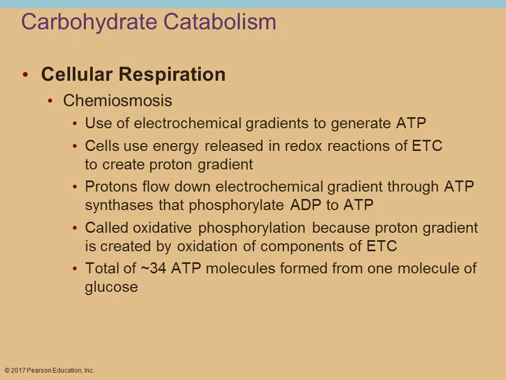So as I said, chemiosmosis is that last step where you are generating the ATP. Why? Because the hydrogen ions are flowing through. Why are they flowing through? Because the previous step with the electron transport chain is pumping them out of the cell. Basically, they want to flow back in. You produce this gradient. You are going to be producing the majority of your ATP molecules from the electron transport